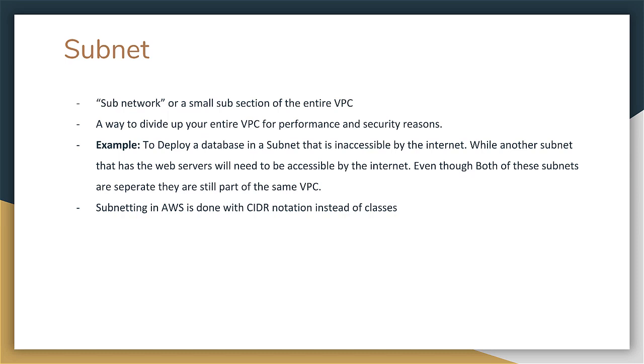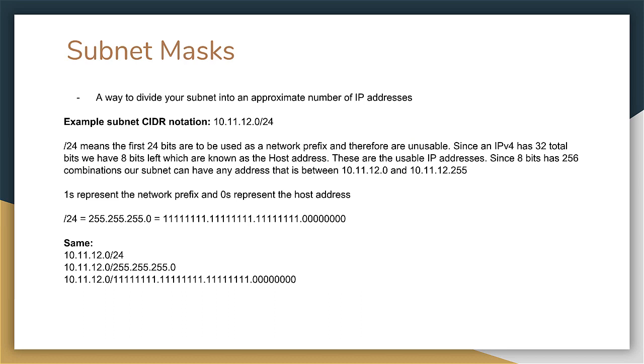And subnetting in AWS is done with CIDR notation, which we'll see in a second, instead of classes. So let's now talk about subnet masks. Subnet masks are a way to divide up your subnet into an approximate number of IP addresses. So an example subnet CIDR notation would be 10.11.12.0/24. So your entire VPC would be 10.11.12.0 and /24 would be the subnet mask, which would divide up your